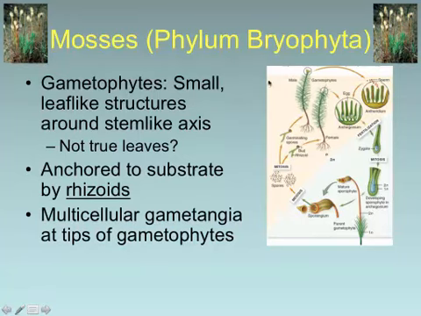Male plants tend to have more of a flat top across the top, whereas females are more of a spiky top. If we look all the way at the top of this male plant and zoom in, we see antheridium. Now, an antheridium is a gametangium that produces sperm cells, male gametes. So we see these antheridia, which produce sperm cells, which can then be used to fertilize the egg cells, in which case we get a zygote.